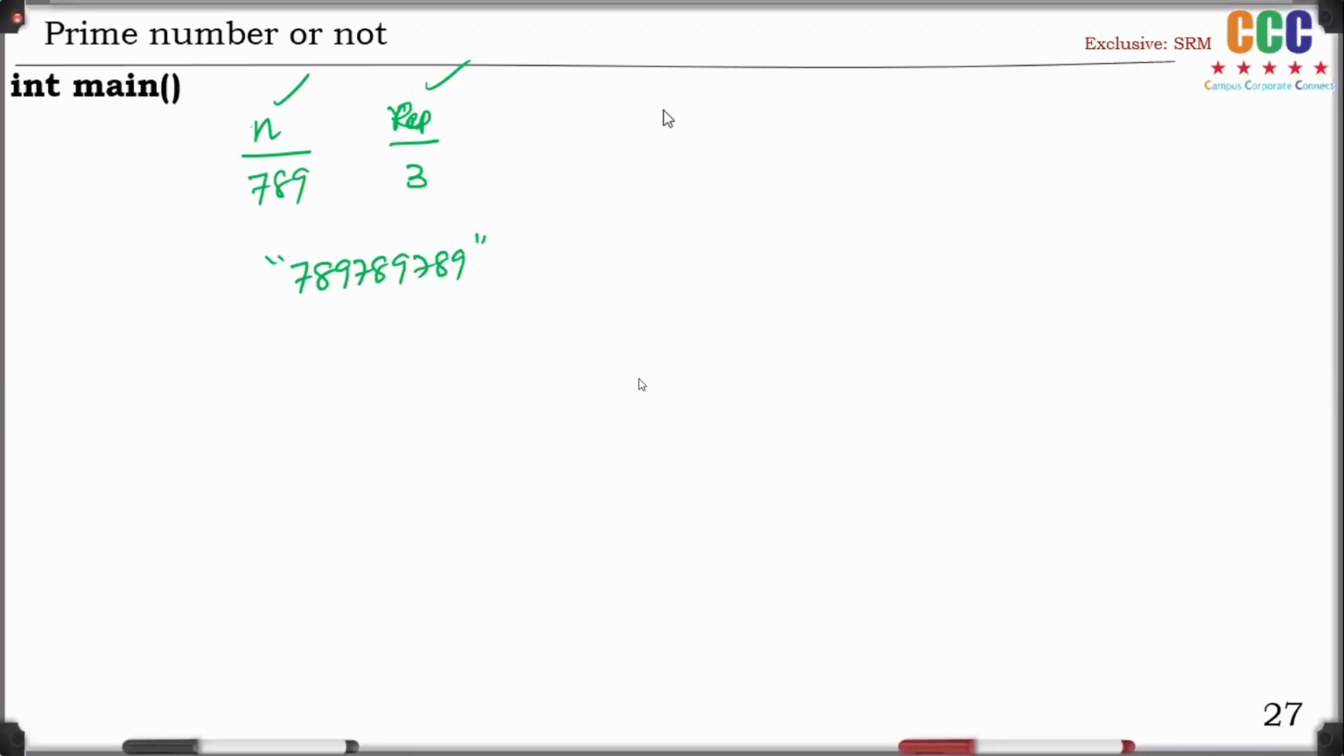Logic for this? Anyone, please? If there are two inputs, n is there, and after that repeater is also there, then based on that repeater,